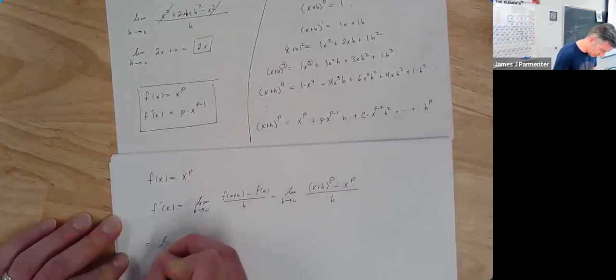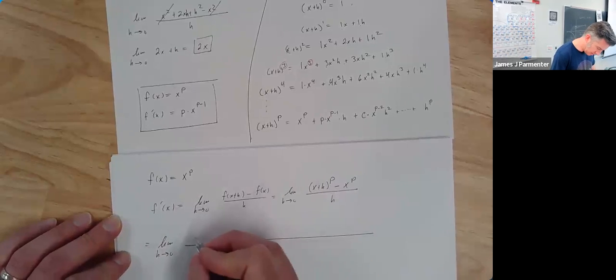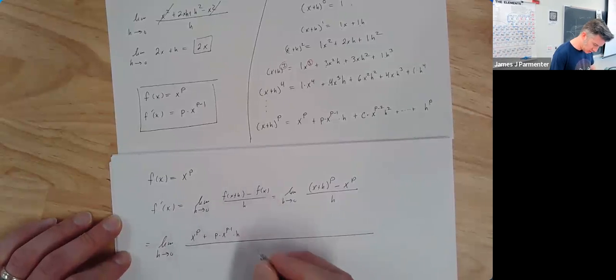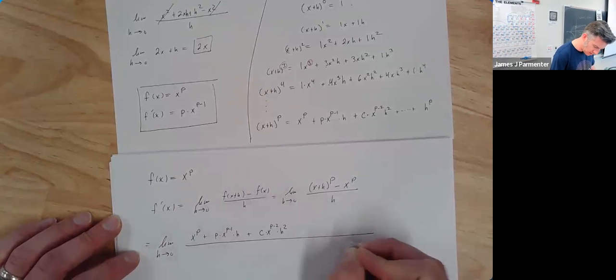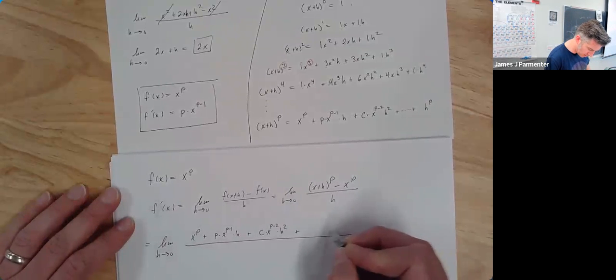So that's going to be the limit as h goes to 0 of x to the p plus p times x to the p minus 1 times h, plus some constant I don't care about times x to the p minus 2 times h squared, plus a bunch of other terms that all have higher powers of h. The next term has h cubed, the next term has h to the fourth, all the way until we get to the very end, which is going to be